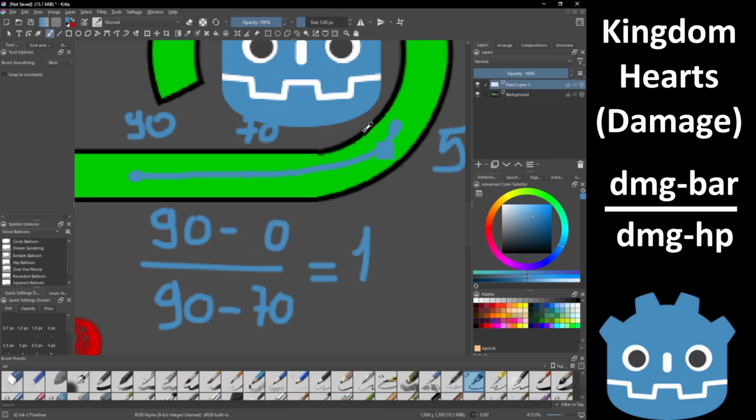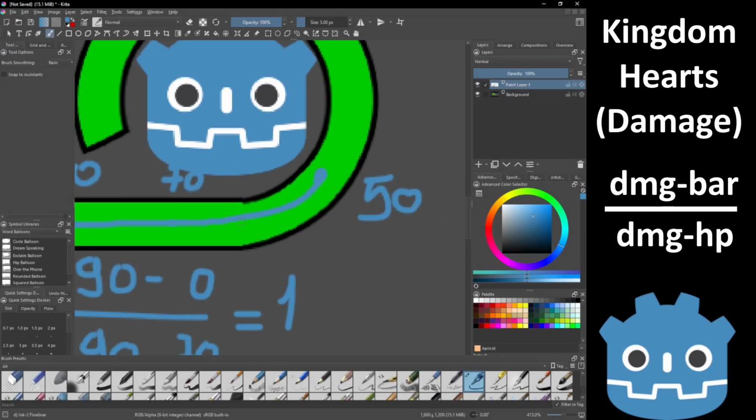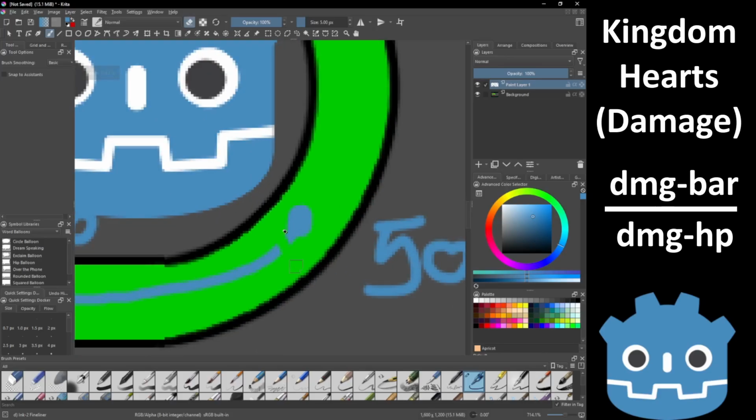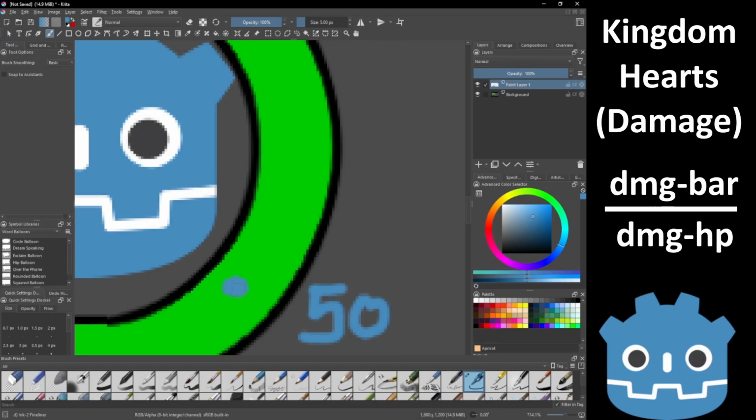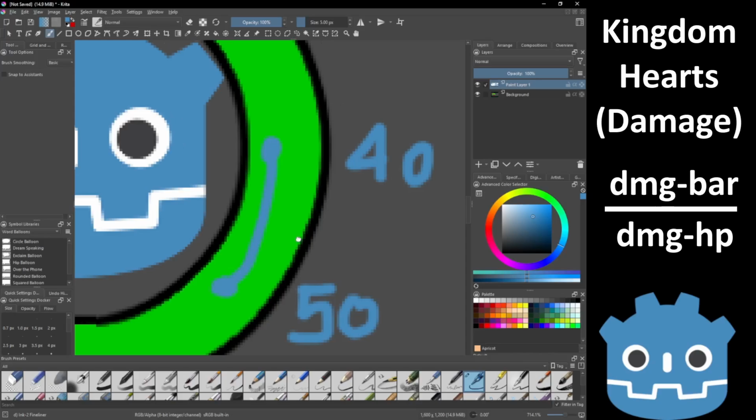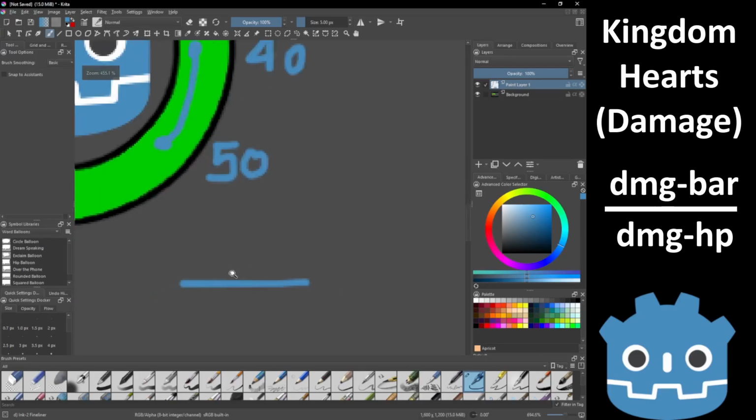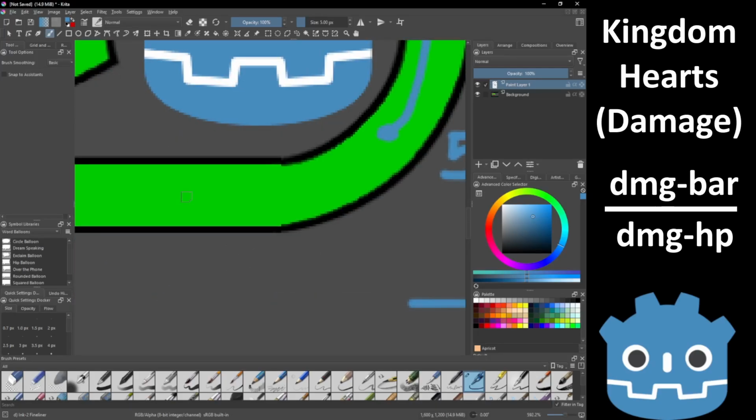And finally, let's say that our damage starts over here. Let's say we have 50 health now. And we reduce it by 10. So we're at 40. Now the time that we spend on the horizontal bar should be 0.